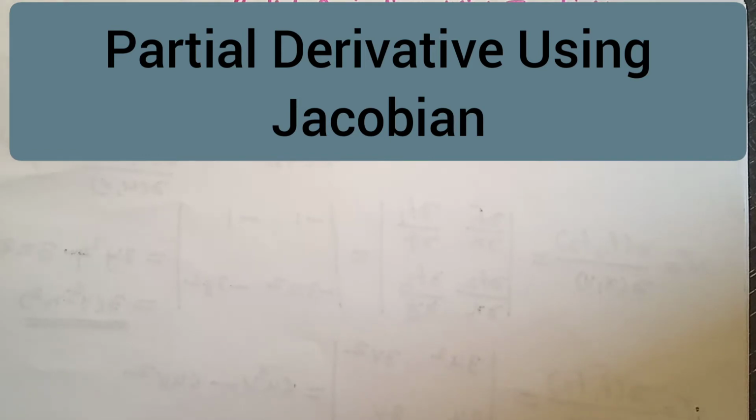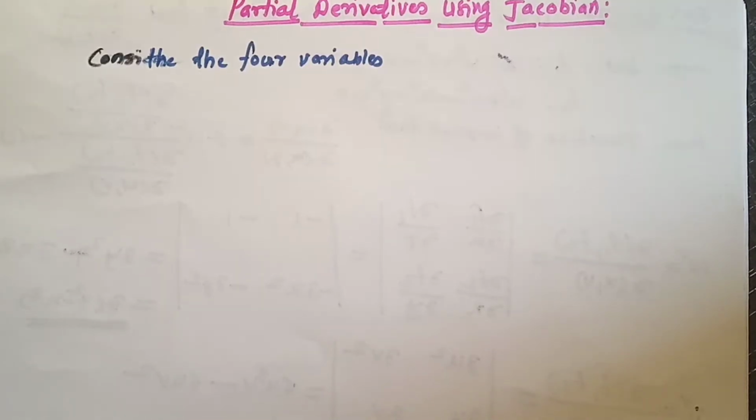In today's session, I would like to teach you the application of Jacobian, which is partial derivative. So by using Jacobian, we can find the partial derivative of function of two variables or three variables. Now here,